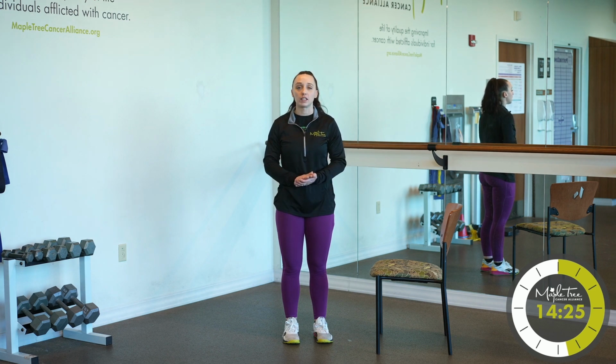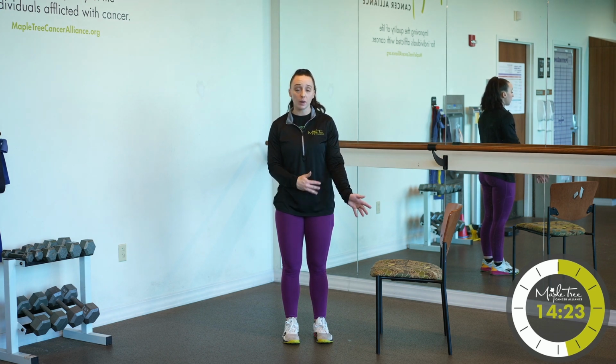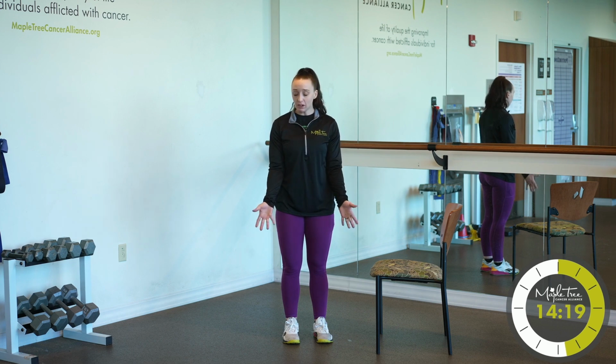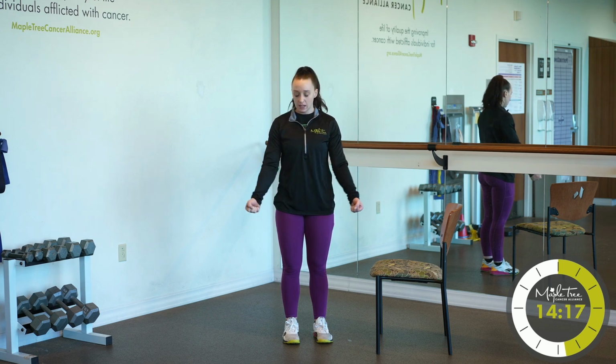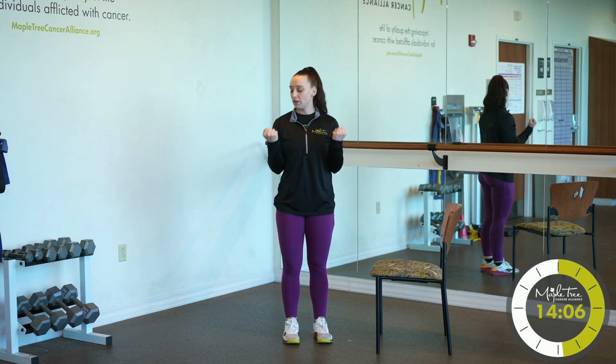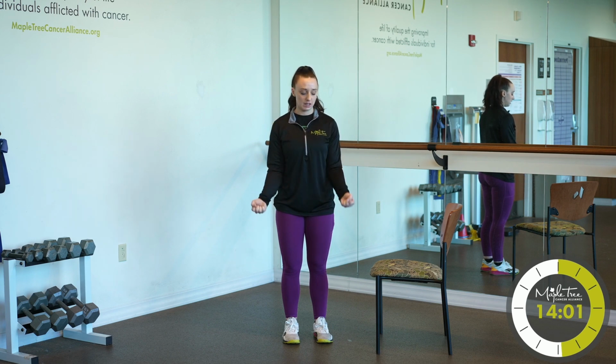And we're going to start our second set of 20. So if you want to add weights this time, I want to encourage you to do that. All right, so fists, elbows down at the side, nice engaged core, standing upright, and curling and squeezing those biceps at the top. 2, 3, 4, 5, 6, 7, getting to full extension, 8, 9, 10,